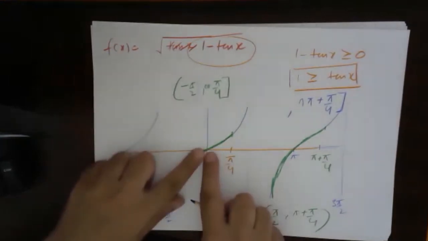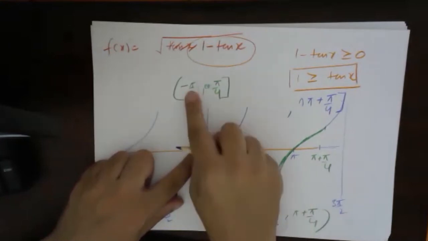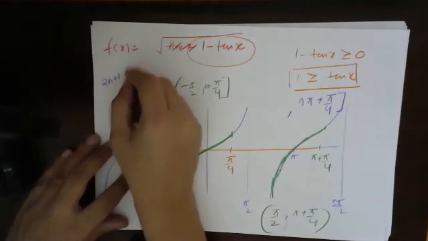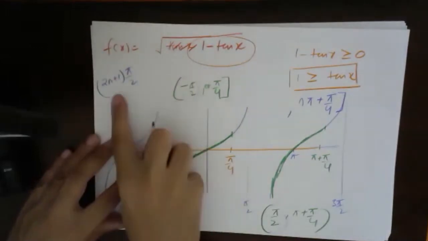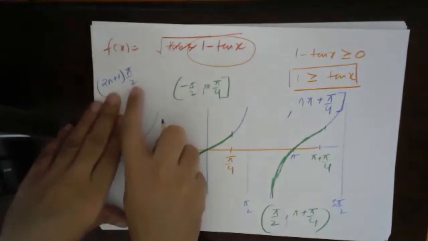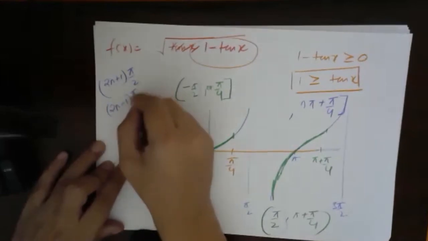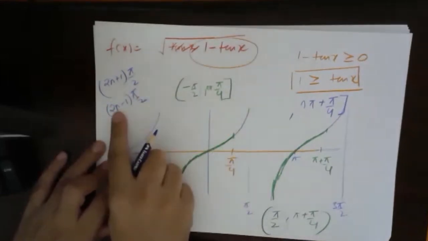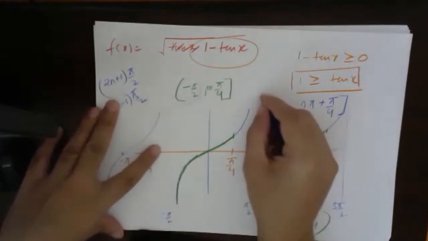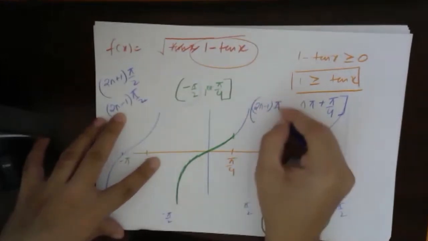So let's keep a value 0. For n equals 0, how will you get minus pi by 2? Suppose if you had (2n plus 1) pi by 2 and you substitute n equals 0, will you get pi by 2 or minus pi by 2? Here we will get pi by 2, right? And suppose I write (2n minus 1) pi by 2 and substitute n equals 0, what will I get? Minus pi by 2. So that means the lower bound can be best represented as (2n minus 1) into pi by 2, right?